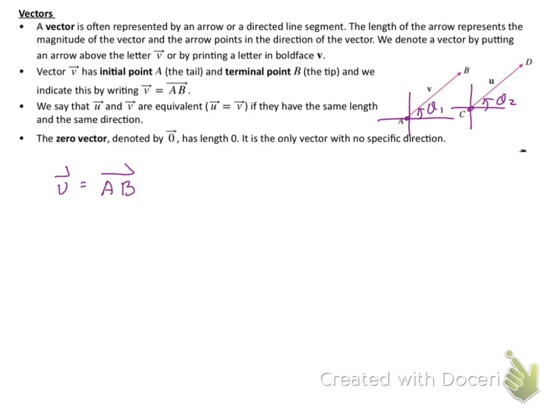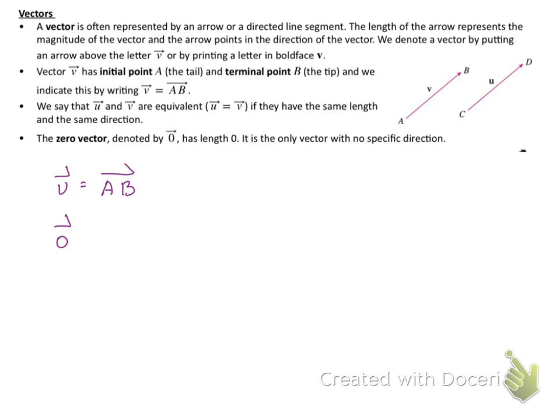That makes them same direction. They're parallel. Okay, for that reason, we say that vector U and vector V are equivalent if they have the same length and the same direction. Then we have the zero vector, which is denoted by arrow 0,